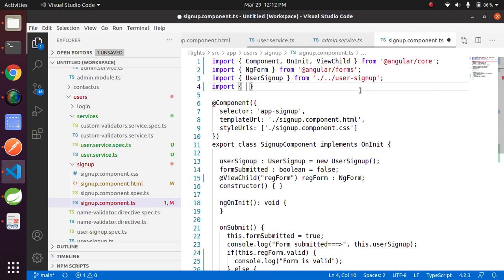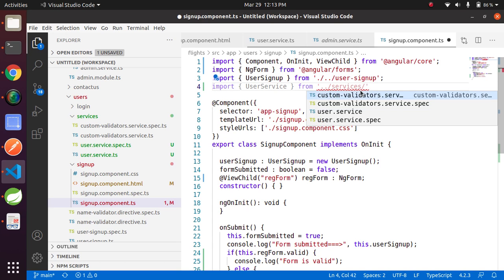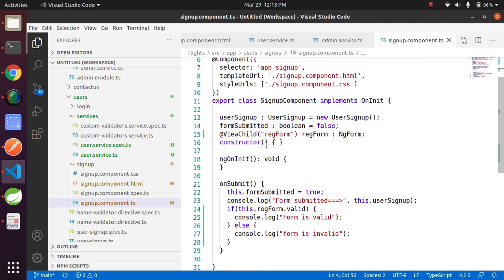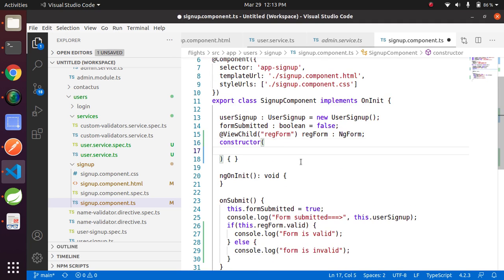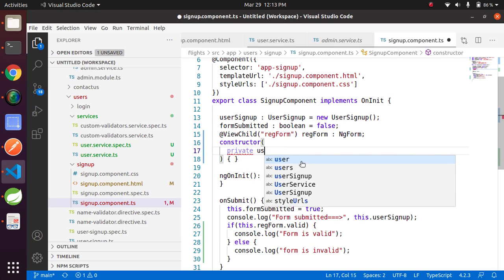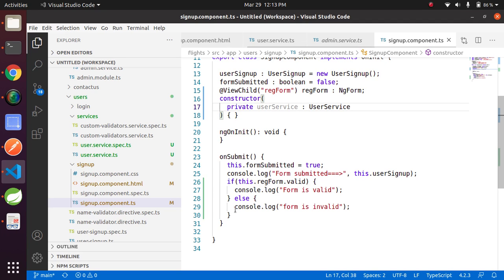Import UserService from services/user service. Now inject the service into the constructor. Private userService: UserService.